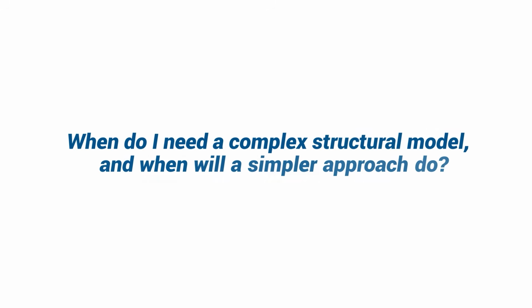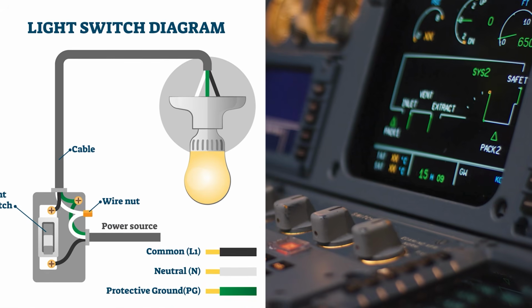Here's a question that divides empirical economists. When do I need a complex structural model, and when will a much simpler approach do the job? This is like asking which is better, a simple light switch or a really ornate control panel. The answer is that neither one is inherently better than the other, but it just depends on the job that